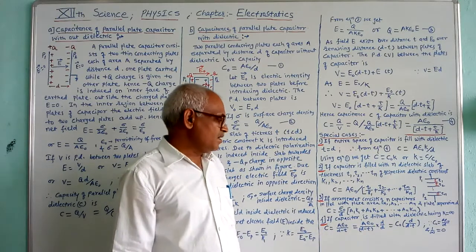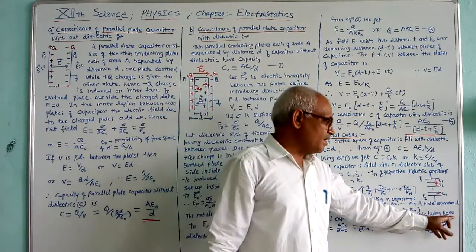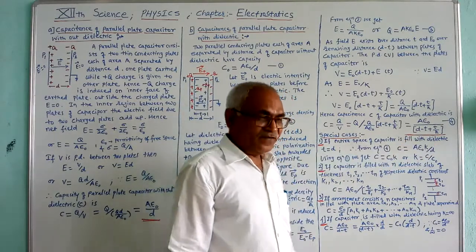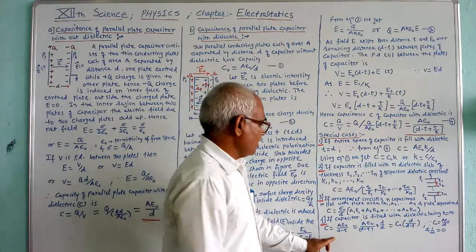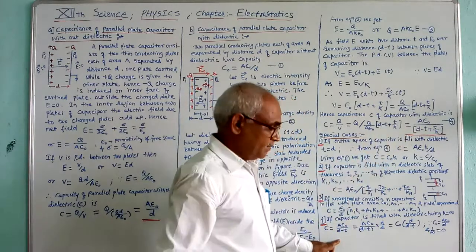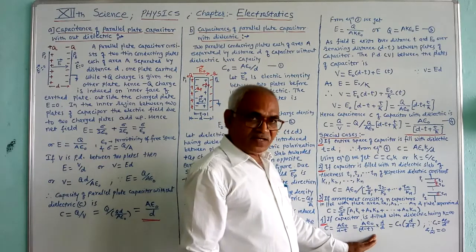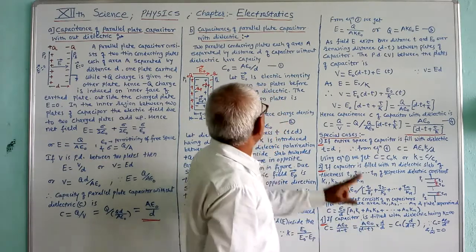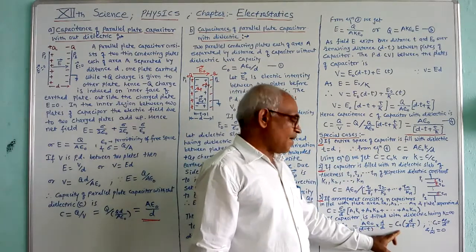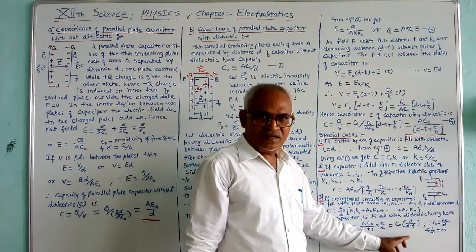In the fourth special case, if the capacitor is filled with dielectric having dielectric constant infinity, here if K equals infinity, this quantity T by K is 0. That means the capacity in that case is equal to A epsilon 0 upon D minus T. If you divide and multiply this equation by D, we get this equation, and here A epsilon 0 upon D is equal to C0. That means in that case the capacity is equal to C0 into D upon D minus T. Here we stop.